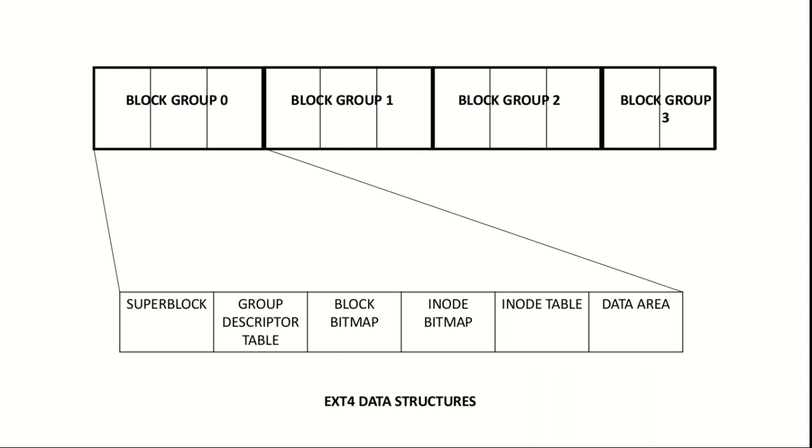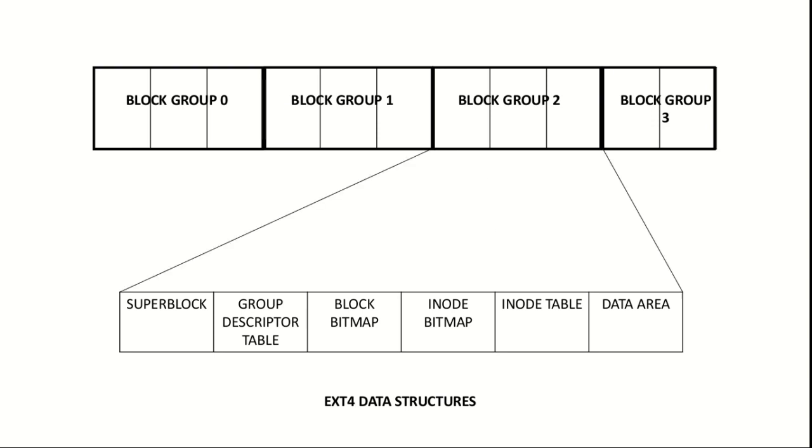Let us pick one block group and appreciate its internal layout. If you can recall, I had mentioned earlier that any file system uses special data structures to organize its data. The data structures unique to EXT4 can be found within one block group. As you can see here, the data structures are as follows: superblock, group descriptor table, block bitmap, inode bitmap, inode table, and the data area. The data structures are laid out in this exact order, and the same ordering is repeated in the other block